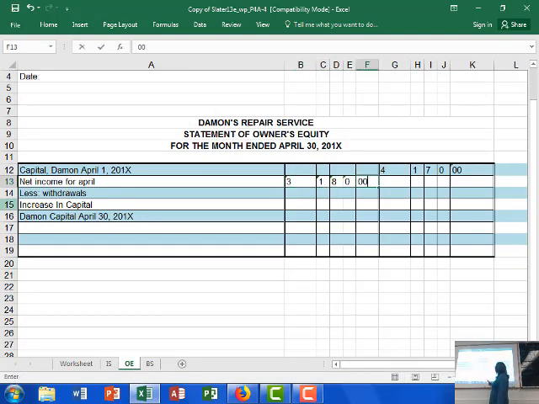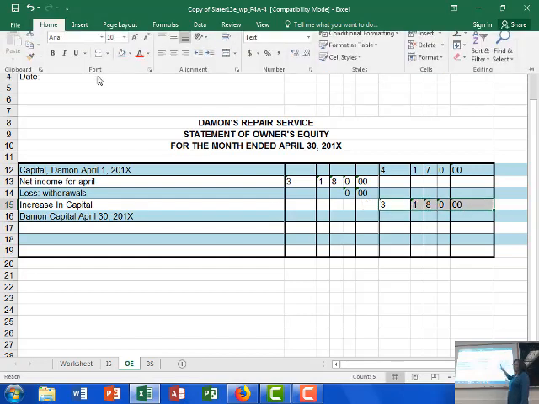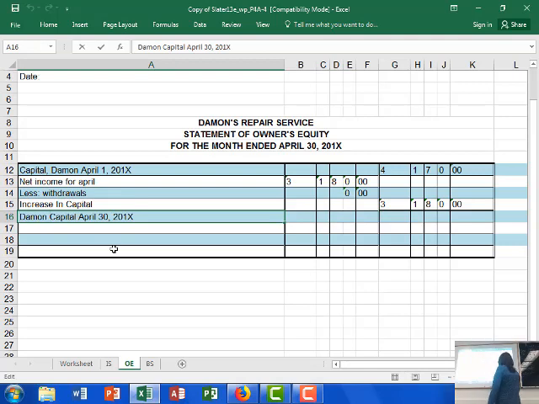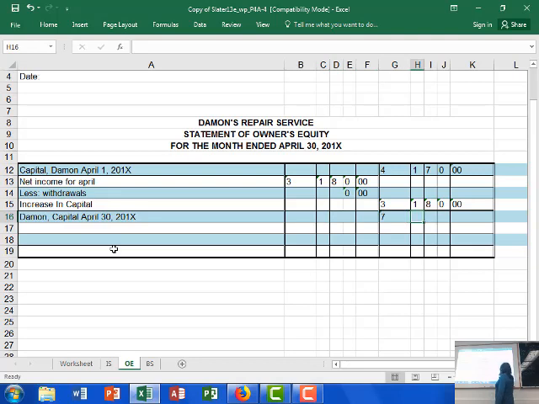We put this on this side. Less withdrawals. Did he have any withdrawals? No. So the increase in capital was 3,180 on this side. So now capital, because we're adding, is 7,350. Same as the income statement. See where we're getting all our information from? Alright, then